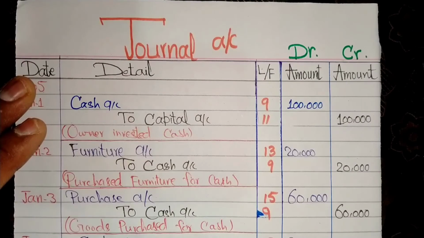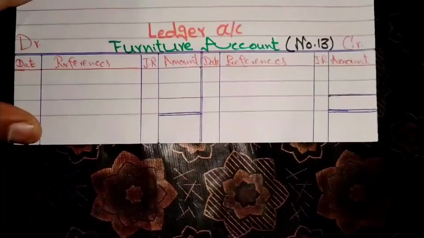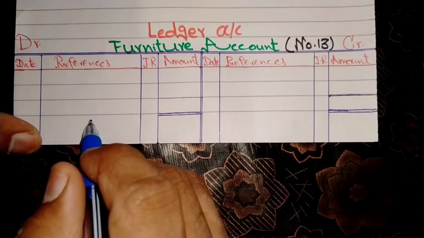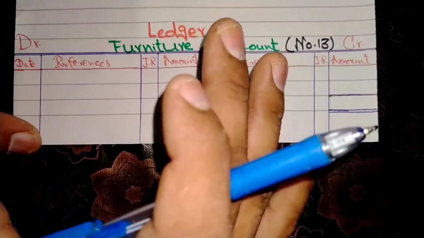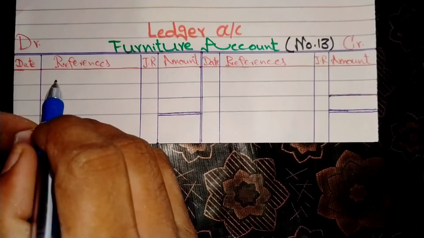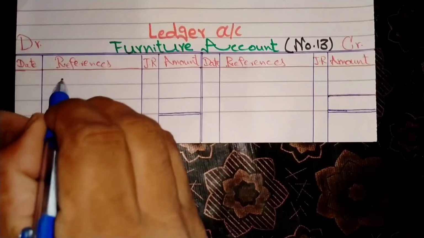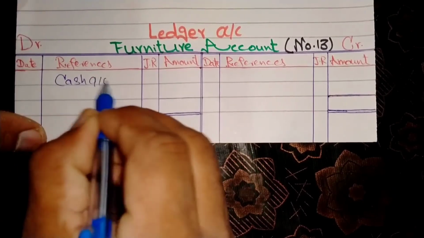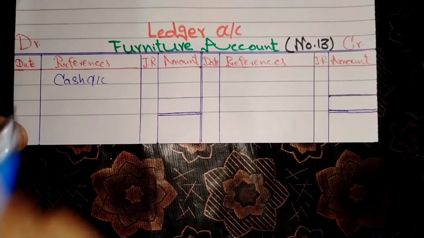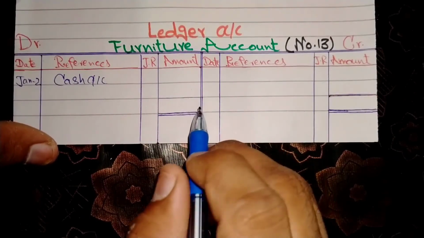After making the ledger of cash account and ledger of capital account, the next account is furniture account. Yeah, so we will enter the entry of furniture account in ledger account, right? So furniture account debit by cash account, furniture to cash, because furniture purchased for cash. We will enter same as above the name of the opposite account, which is cash. Furniture account is debit by cash, so cash account debit. Furniture account debit with cash account with date Jan 2nd with amount 20,000 rupees.